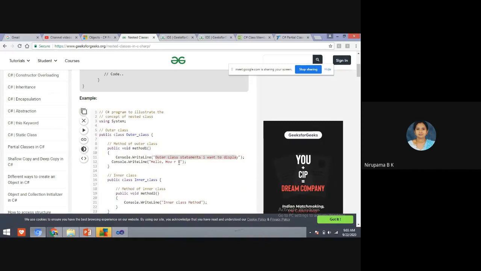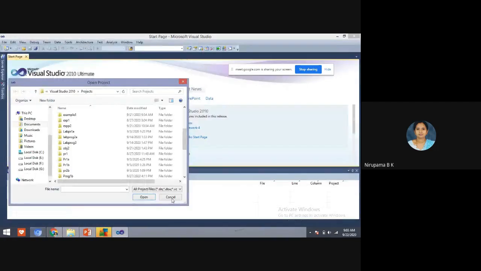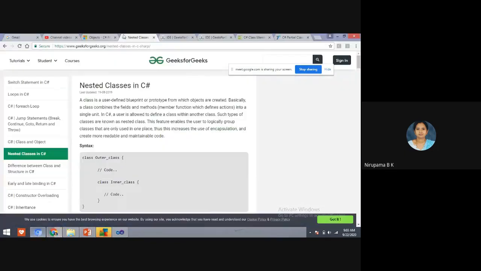Yes, students, will you try executing your programs in GeeksforGeeks and W3Schools? Yes, students, if anybody is facing any difficulty in Visual Studio, you can use GeeksforGeeks and W3Schools.